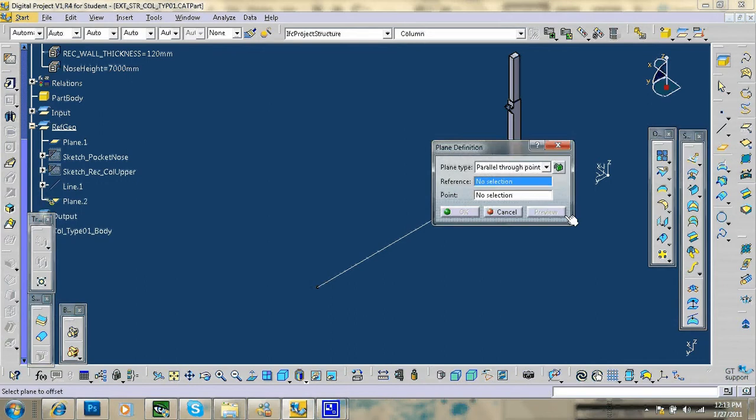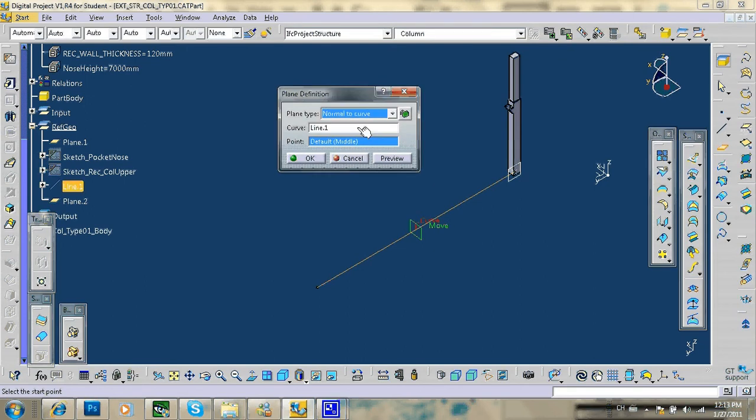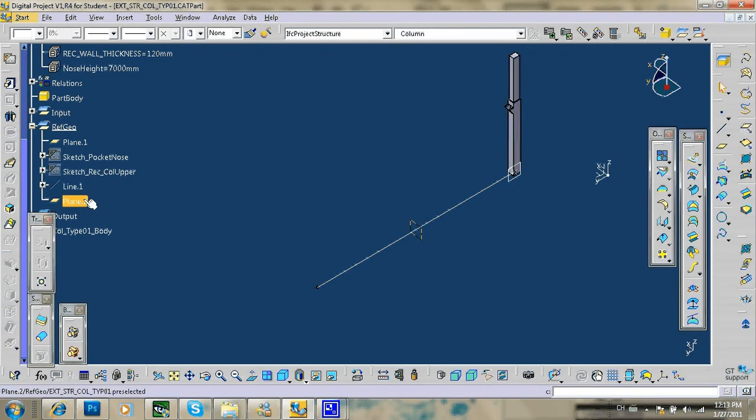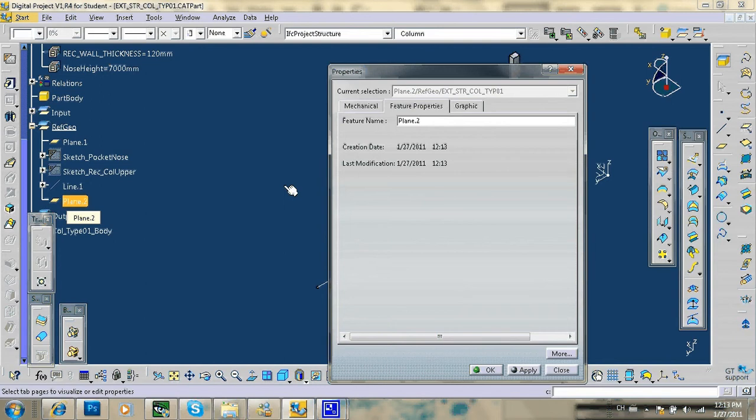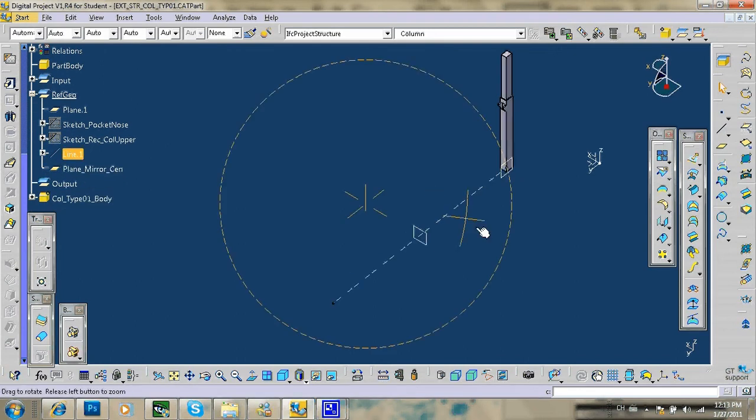And then we create a plane. Let's say parallel to point. No, let's do normal to curve. So you'll be asked which curve, pick this curve. By default, it will take a middle point. You can also create a new point if you want, but I will take the middle point. Preview, click OK. So this plane, let's call it plane mirror central. Okay, click apply, and then we'll take this plane to mirror it,